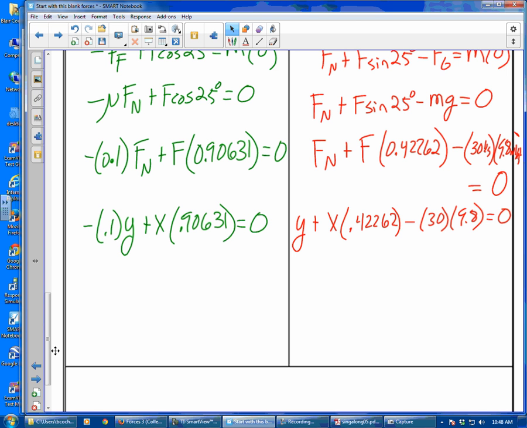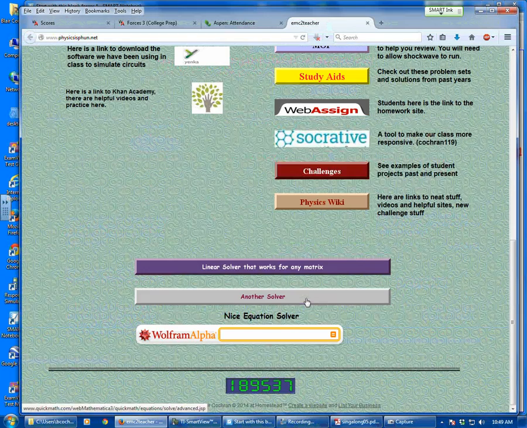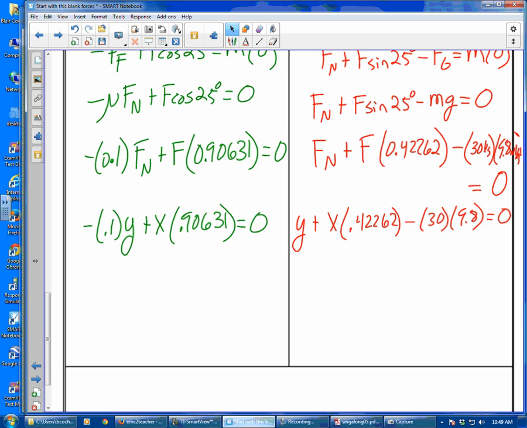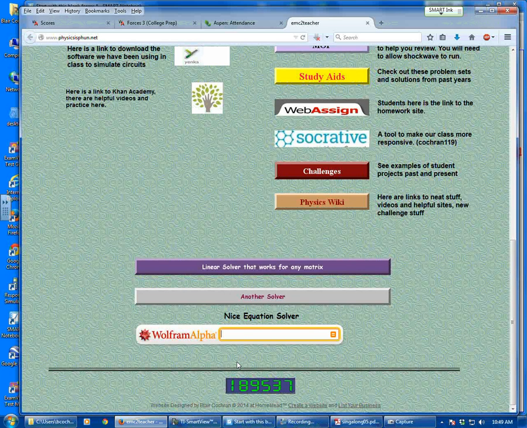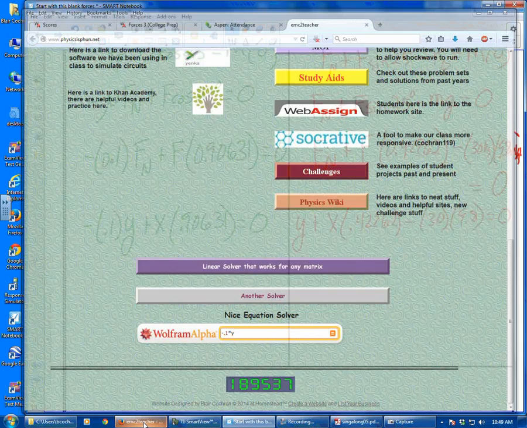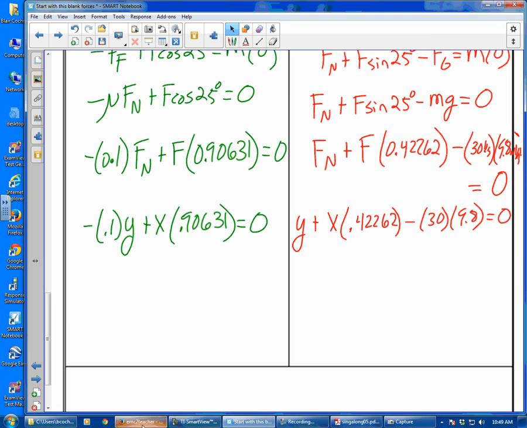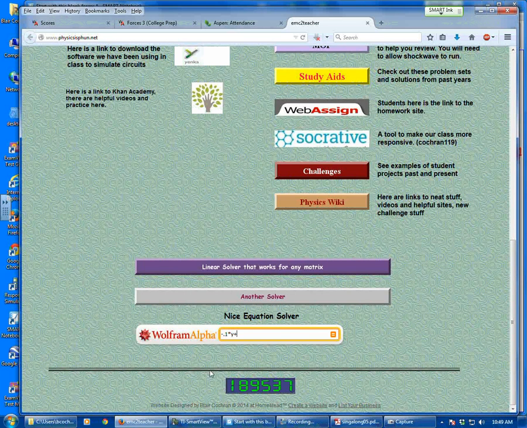Well, I could also have done algebra and substituted in for each side, right? But let's give this a try. So I'm going to go down here to Wolfram, start typing. Negative 0.1 times Y. Why did I pick Y? Why not? Plus X times 0.90631. That all equals 0, comma, my other equation,